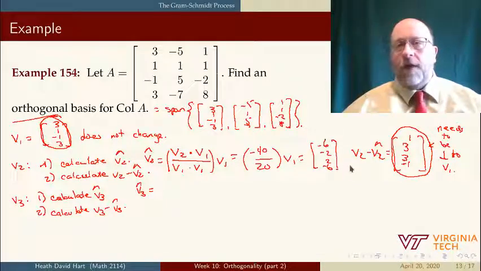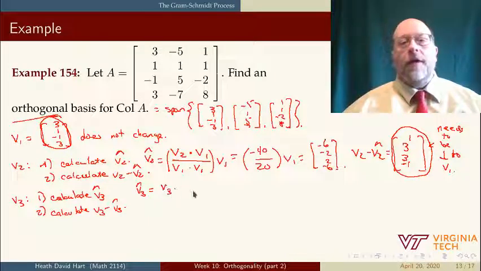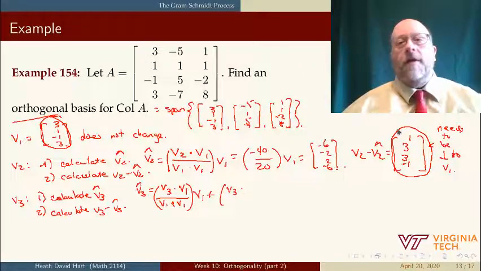This vector and this vector. So it's v3 dot v1 over v1 dot v1 times v1 plus v3 dot with the new v2, not the original v2,